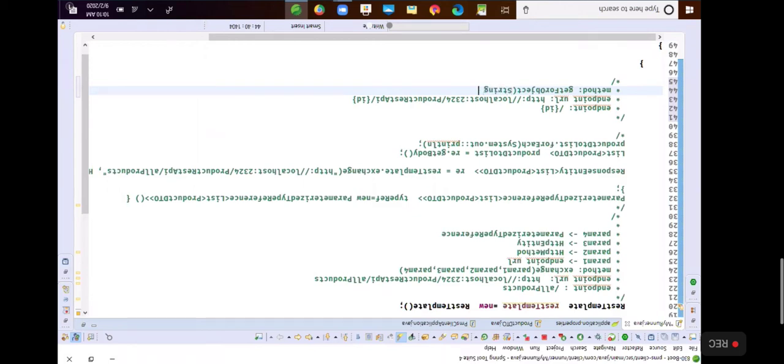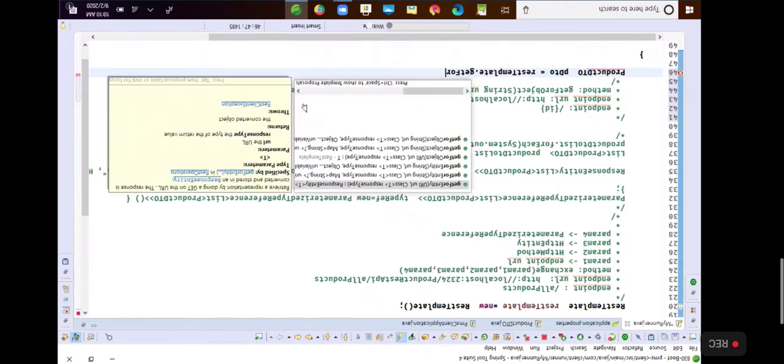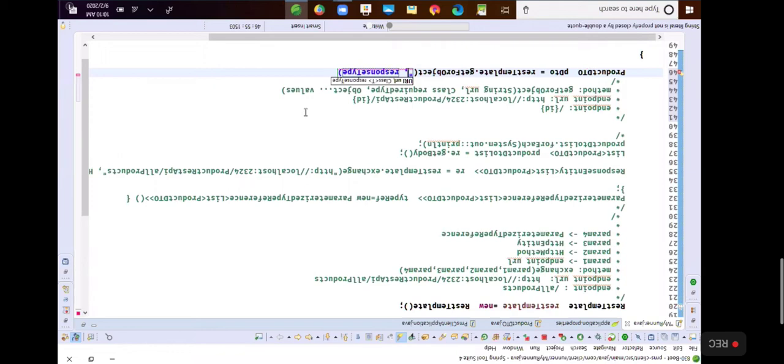The first one is a string URL. Second one is a class object of required type. And third argument is Object... values, means values to the path variables. So ProductDTO, so pDTO is equal to restTemplate.getForObject, and the first is the URL,